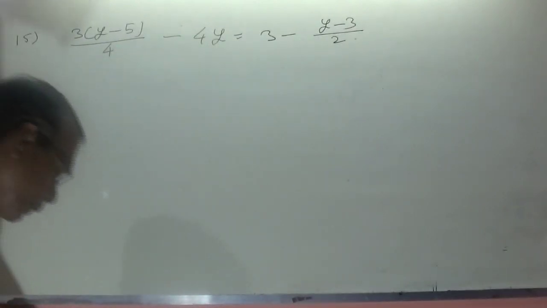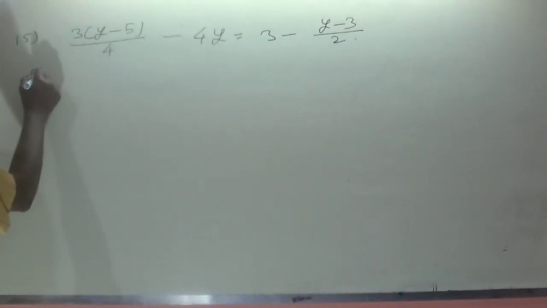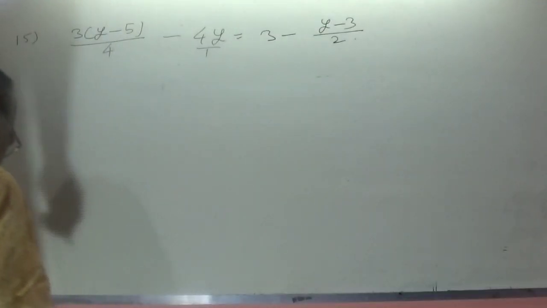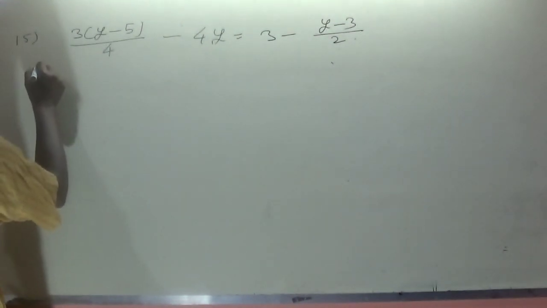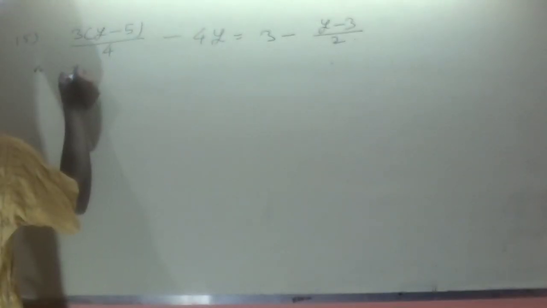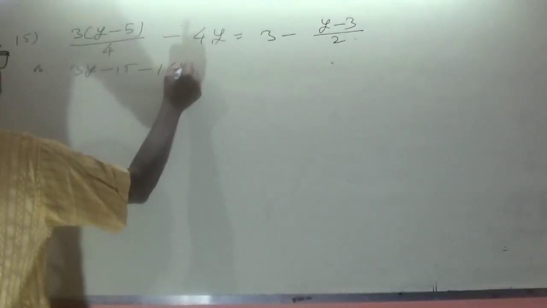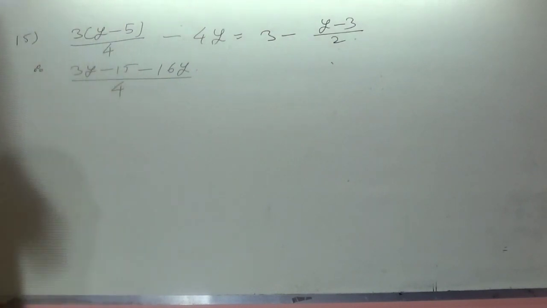Anyway, so let us proceed. 4y means 4y by 1. So therefore, 4 is the LCM. 3y minus 15 minus 16y divided by 4,